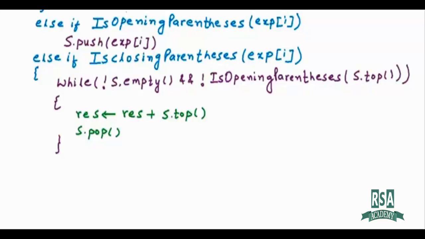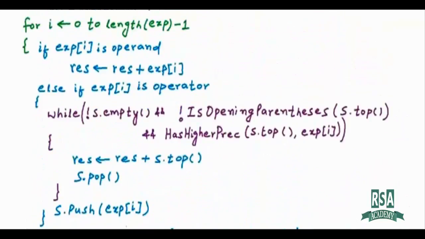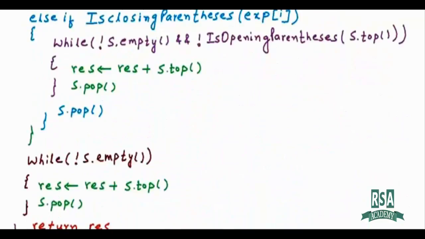After this while loop in the last else if, we should do one extra pop, and this extra pop will pop the opening parenthesis. And now we are done with this else if, and this is the closure of my for loop. The rest of the stuff will remain the same. After the for loop we can pop the leftovers and append to the string, and finally we can return. So this is my final pseudocode. You can check the description of this video for a link to the real implementation,